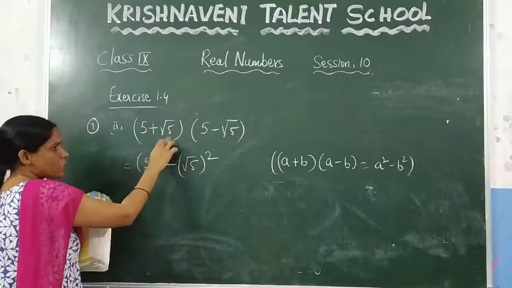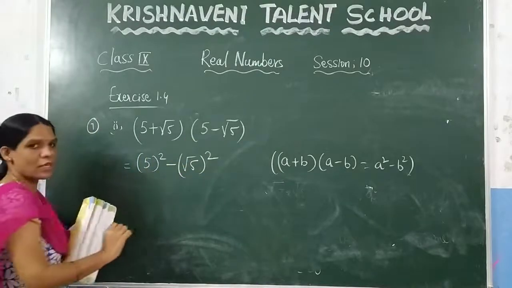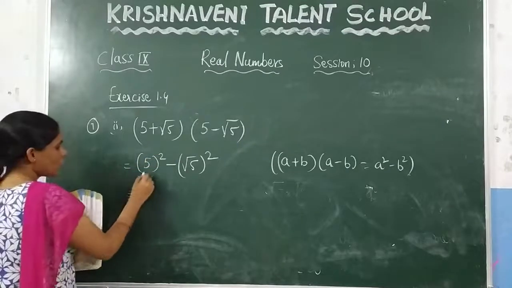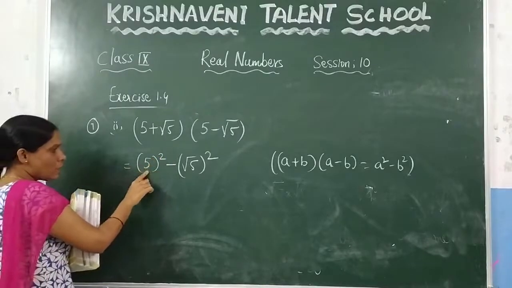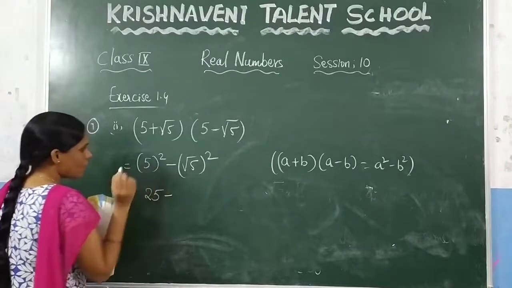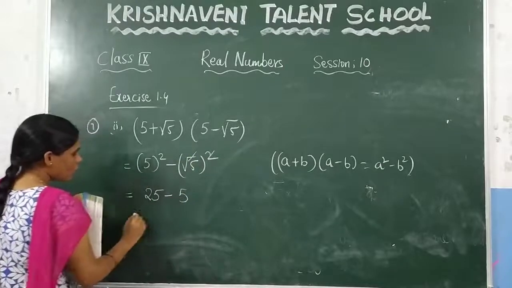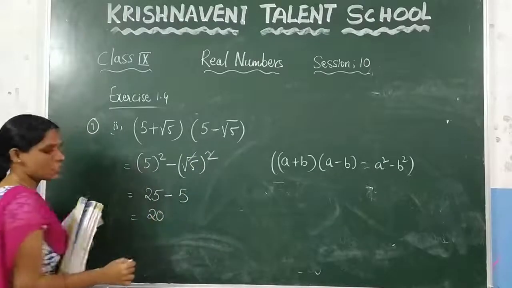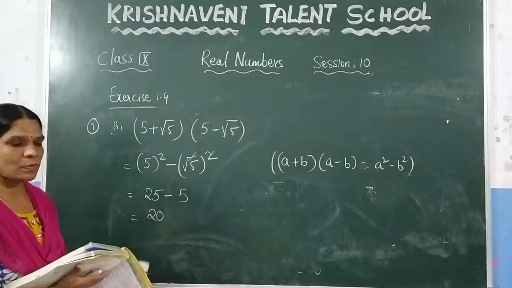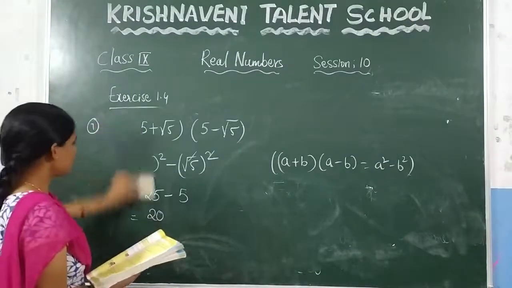It is in the form of a plus b into a minus b. You know that a plus b into a minus b is nothing but a square minus b square. Just substitute the value of a and substitute the value of b. Here what you get? 5 square. That means you are multiplying 5 two times. What is the value of 5 into 5? 25. So write it here 25. You know that here this square and this root will get cancelled. You will get 5. What is the value of 25 minus 5? Which is 20. Just we are using here the formula a plus b into a minus b, so that you can do the calculation. Now see the next question.